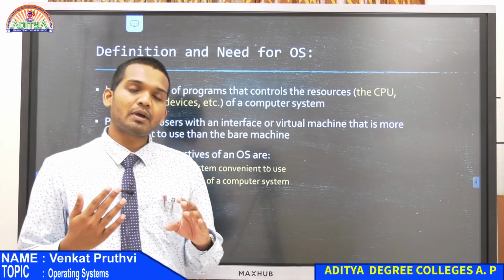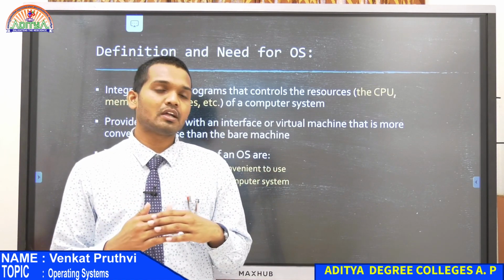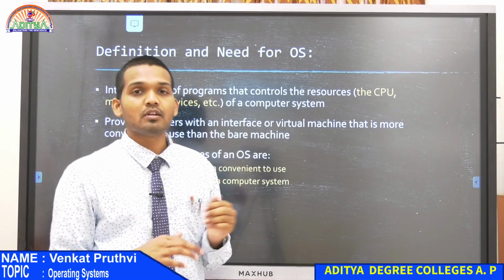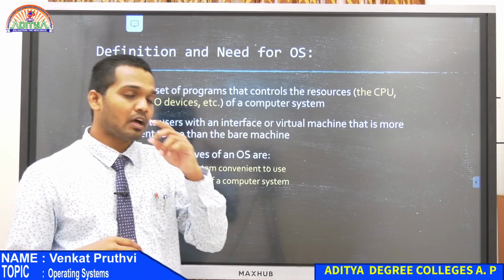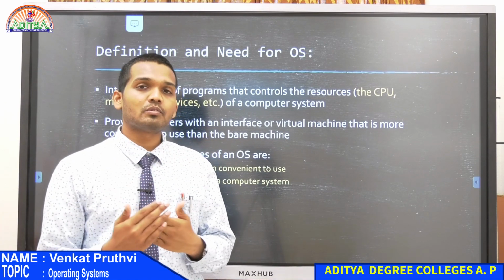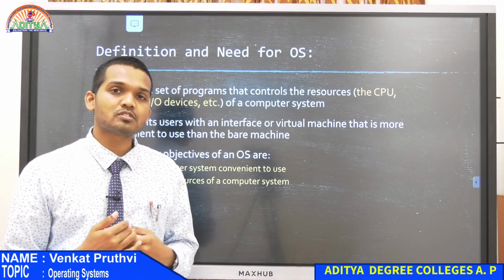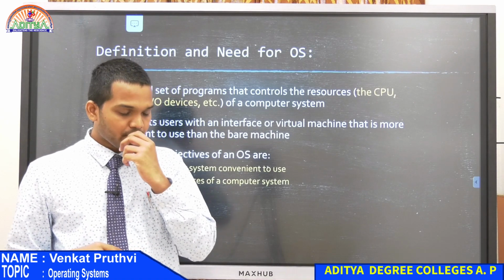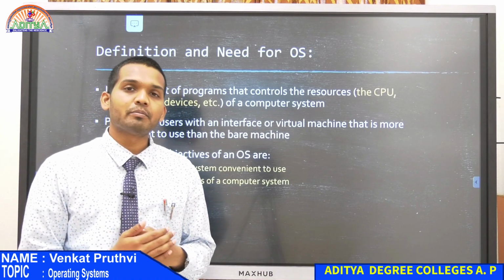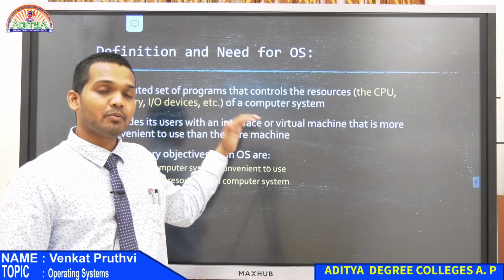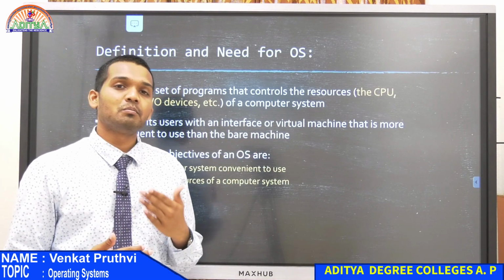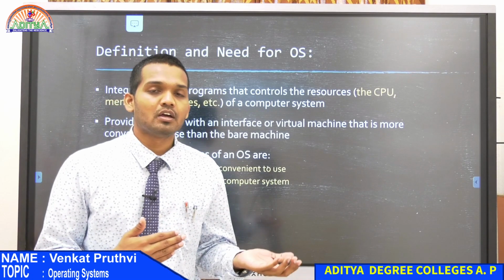Other than that, the microprocessor, a bare machine example, won't be able to do any other task. Whereas our operating system has much more resources, and there are so many other components connected to the computer, which help us, with the help of the operating system, to achieve much smoother and faster tasks. Okay.